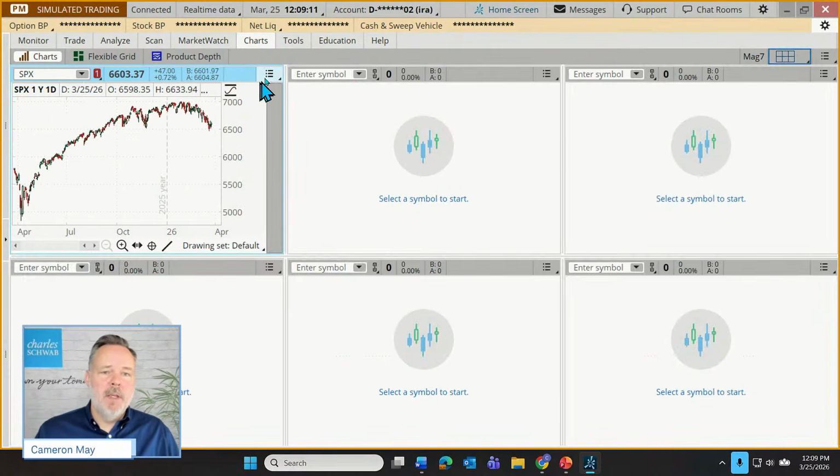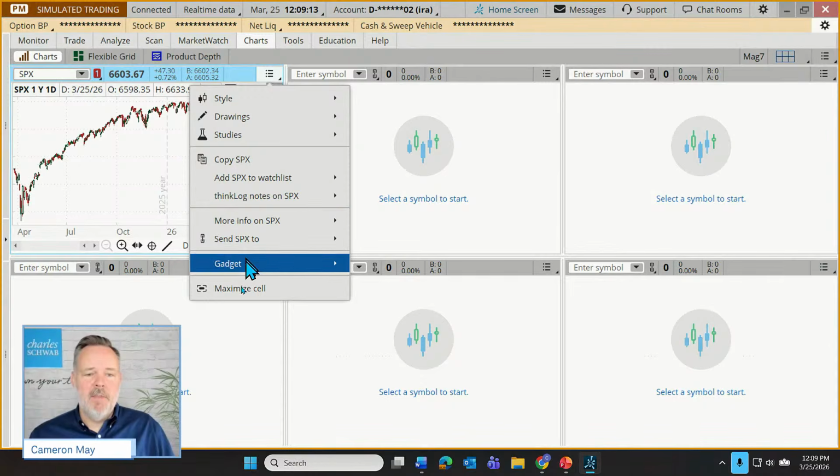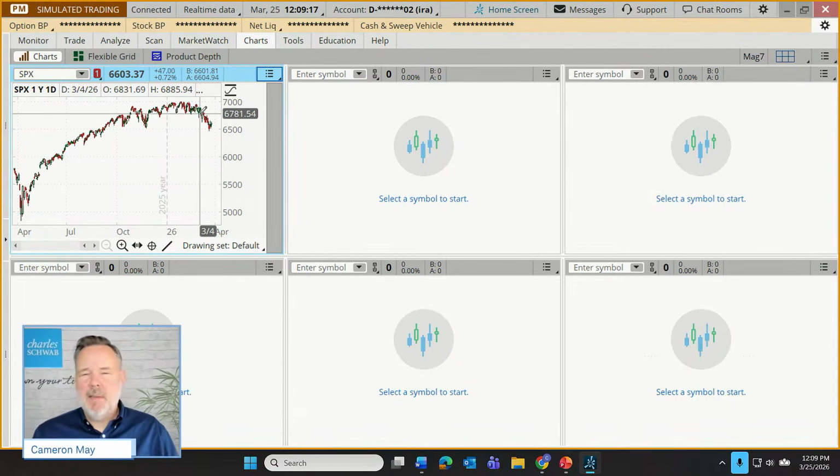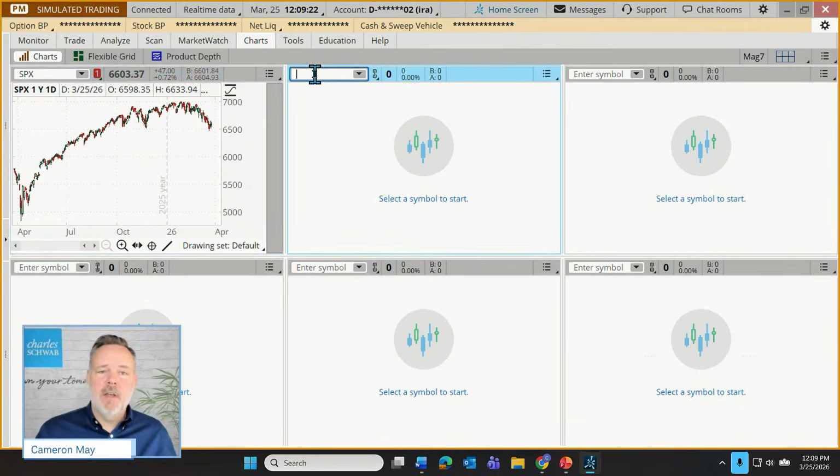And let's start to build using the first one as our default. So I'm going to go to maximize cell. Now, what we could do, I'm going to have a couple of ways that we could have handled this. Let me just stay here for a second. I'm kind of reversing course just to show you how we can quickly load up multiple symbols here.